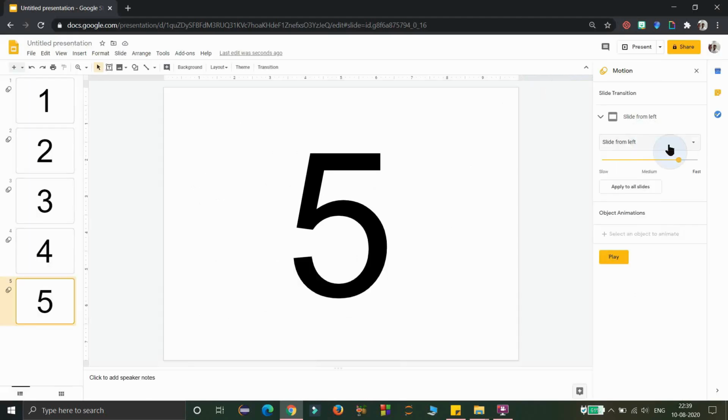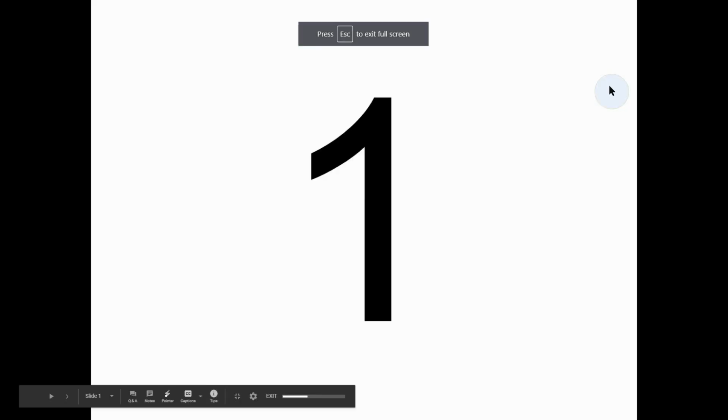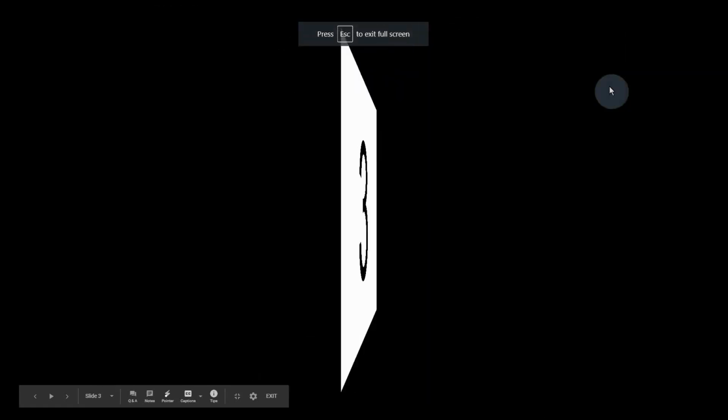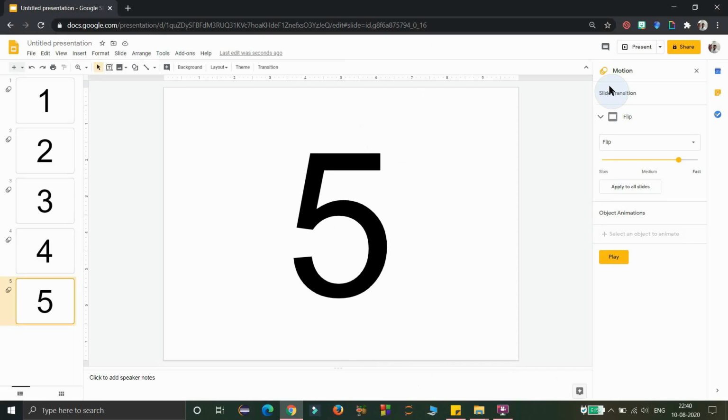Now we will check the next one. That is flipping. I am applying to all the slides. Then this is the flipping. The next one we will check. That is cube.